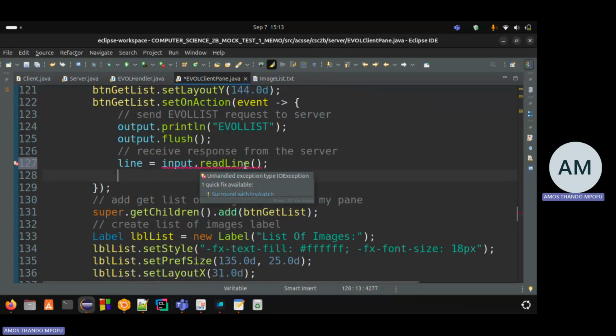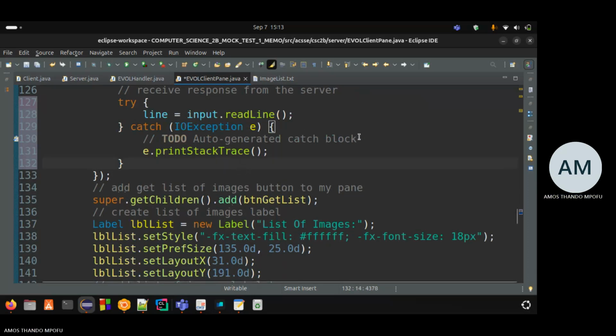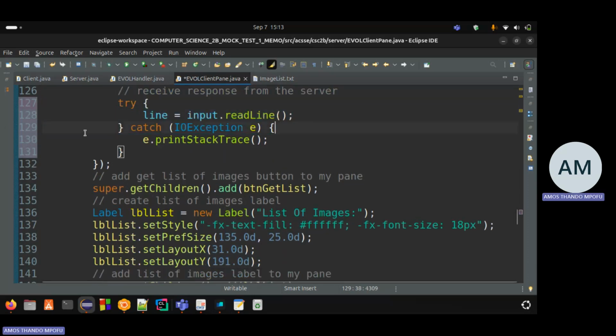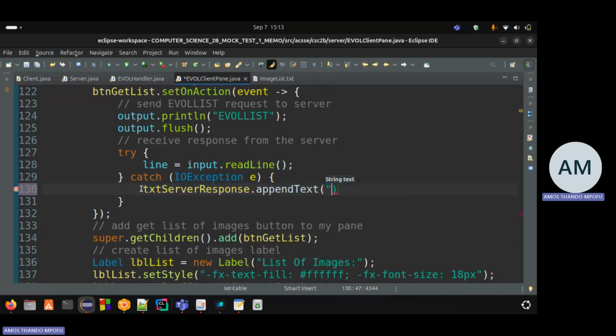It's going to throw an exception, right? So surround with try catch. It means that we did get a response from the user. That's fine. So if we didn't get a response from the user, when it throws an exception, we need to output in the txt server response text area. Remember, dot append. I must append a tab always so that I have that space. And then the response here, I'll just say it's